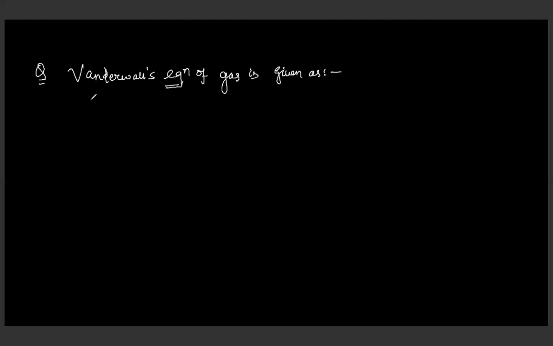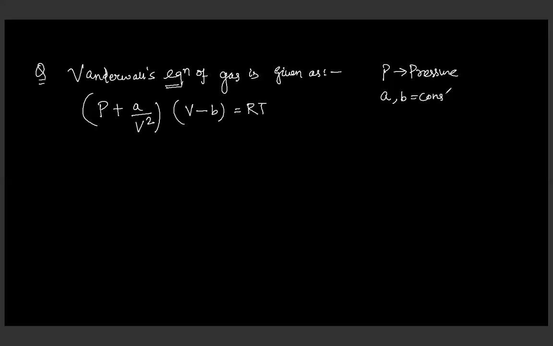Principle of homogeneity is one of the most widely used things that we use in unit and in dimensional analysis. P plus A by V square, in brackets, times V minus B, equal to RT. P is for pressure. A is a constant. V is the volume. Let me define all these things. P is pressure. A and B are some constants. Capital R is called the gas constant. Capital T is the temperature. We don't have to go over there actually. Then V is the volume.